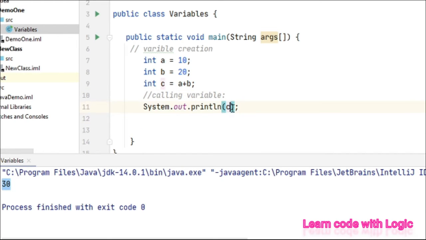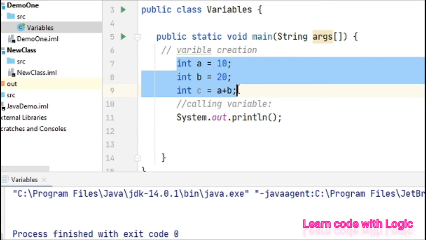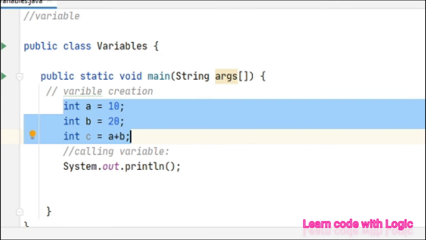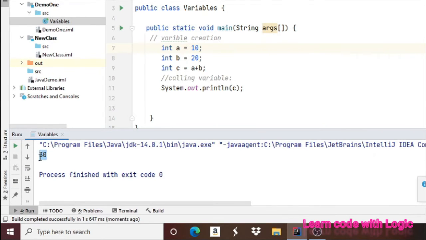Suppose you are not giving anything here, the code compiles and runs, but there is no output. Even though you are doing all the math calculations, if you are not calling anything, it's not going to give the answer. So you have to understand how to call anything we created earlier, meaning methods, variables, etc. Now I am saving the code again. If you print, again you will see 30 here.